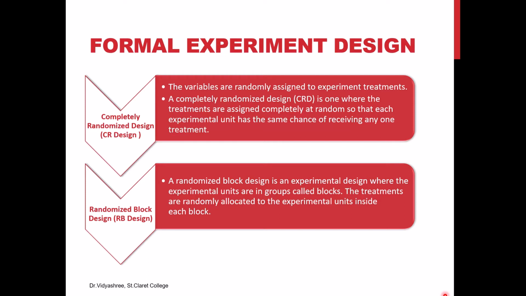Let's understand this with an example. Suppose we have 100 acres of land and the researcher divides this 100 acres into blocks of 10 acres each, that is 10 blocks. So each block has 10 acres. He is going to randomly pick 1 or 2 acres from each of the 10 blocks for his test, that is to test the fertility of the soil. That's nothing but randomized block design.